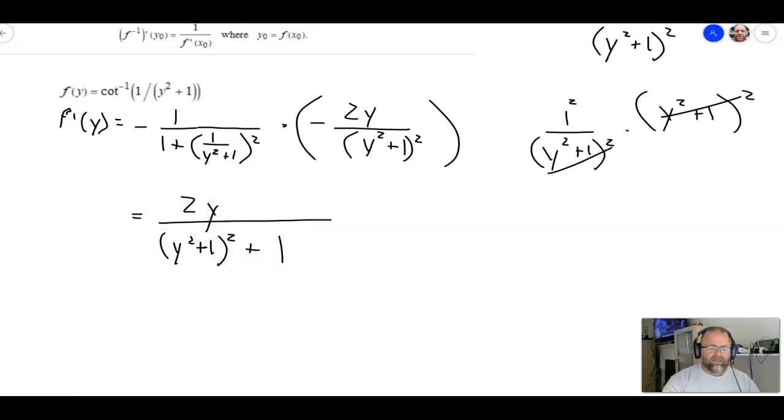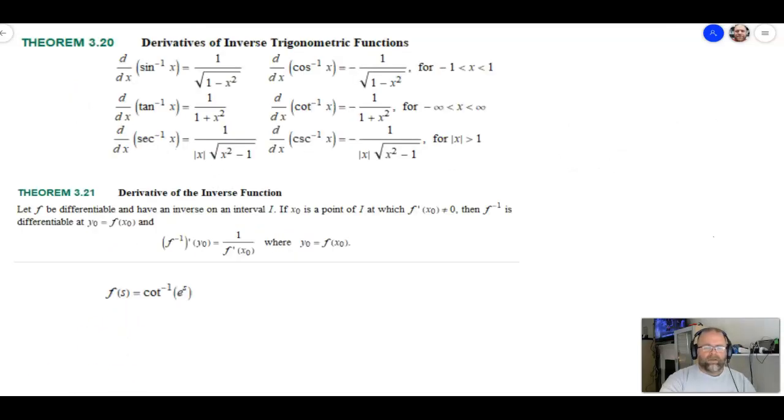All right, let's take a look at one more. All right, so for this last one, we have f of s is equal to the inverse cotangent of e to the s. So here, I mean, it's the same thing if you replaced x with s. You could do that too if it makes it a little bit easier for you, but our independent variable for this one is s. So how do we do this one? So go ahead, try to set it up, solve it if you can, and then we'll go through the solution. All right, just like before,